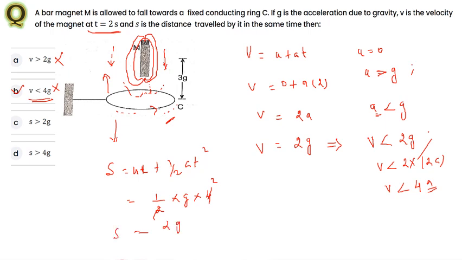So s is equal to 2g, and even you can mention this one: if a is less than g here, s also will be less than 2g. If it is like this, 2g, or even with t as 2 seconds, we have cancelled over here. So s will be less than 2g, or even s will be less than 4g. If it is there, we can mention this one. So this answer also will not be there. The only answer in this case, this